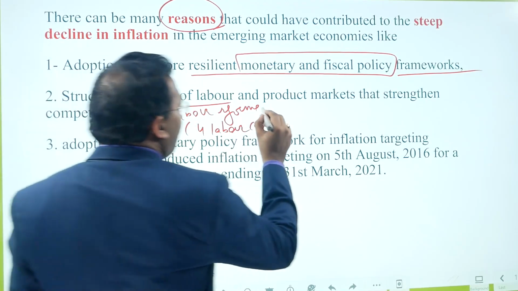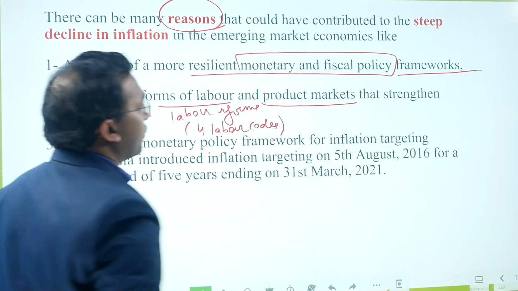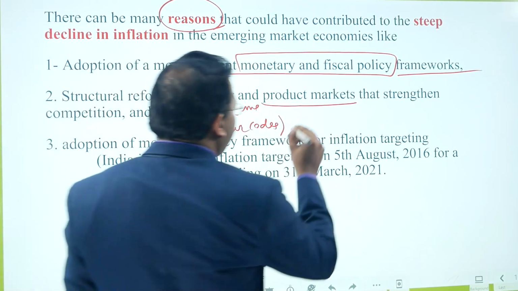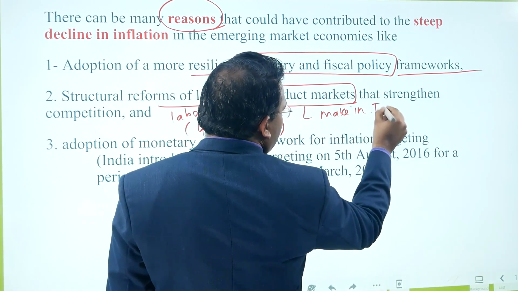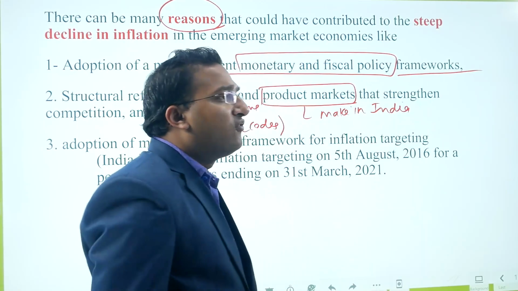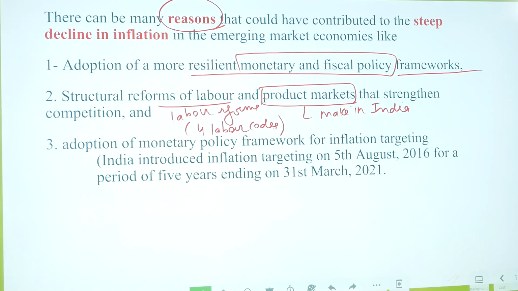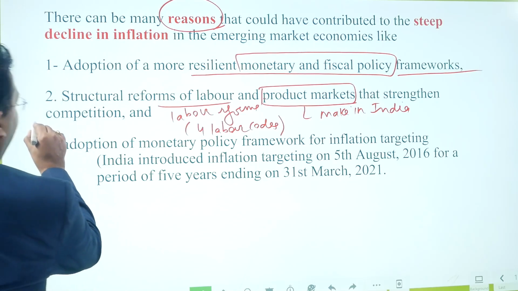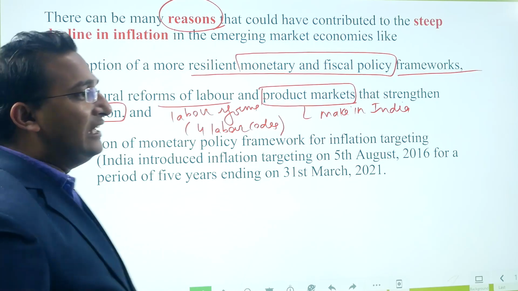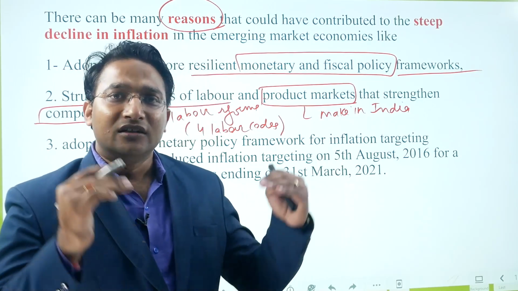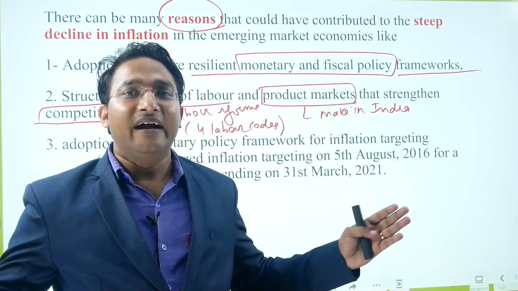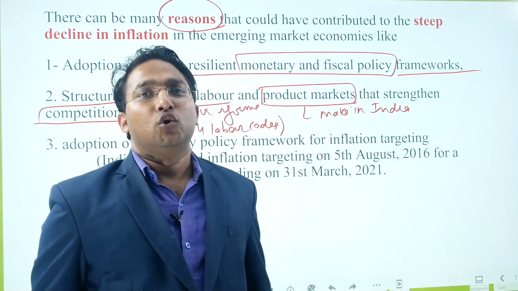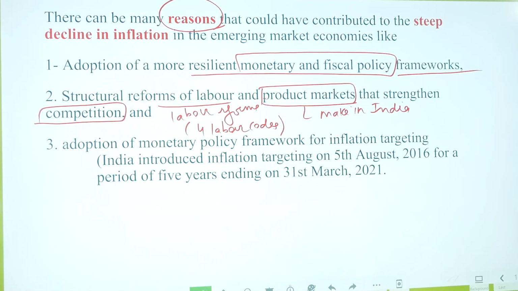We are coming up with the product market reforms, right? These product market reforms through Make in India. We are promoting certain industries, for example, food processing industry, textile industry, defense industry. Through that, we are improving the competition. And when there is a high competition, automatically the prices will come down. So if the same thing can be supplied by multiple suppliers, then suppliers will compete with each other to reduce the prices, right? And ultimately the consumer will benefit.